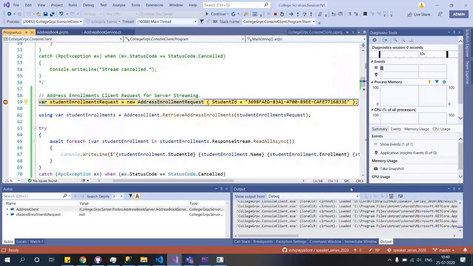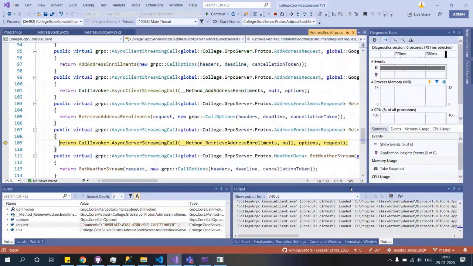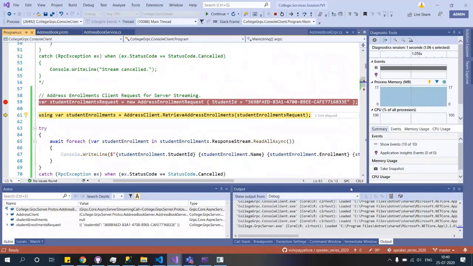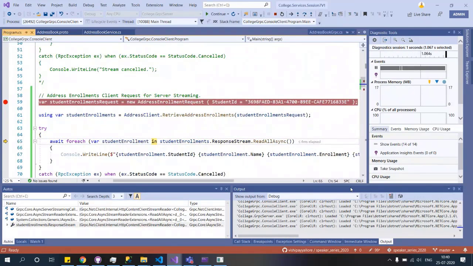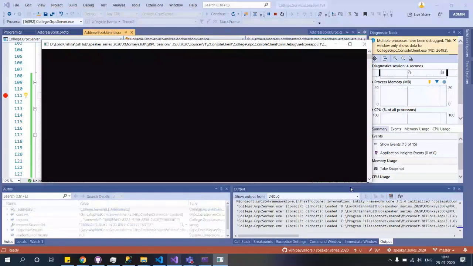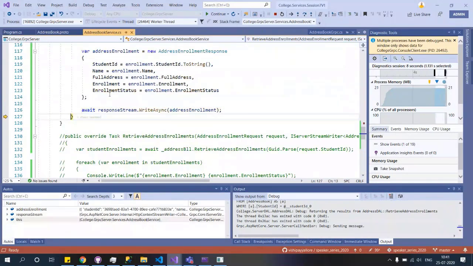Okay, we have come in here, and I do an F11, and again I do an F11, and the invoker should take me to here. Okay, so it has come to the server side. So we did this. We are getting all those 4 rows. Okay, and then once the 4 rows are done, we are doing a server streaming.